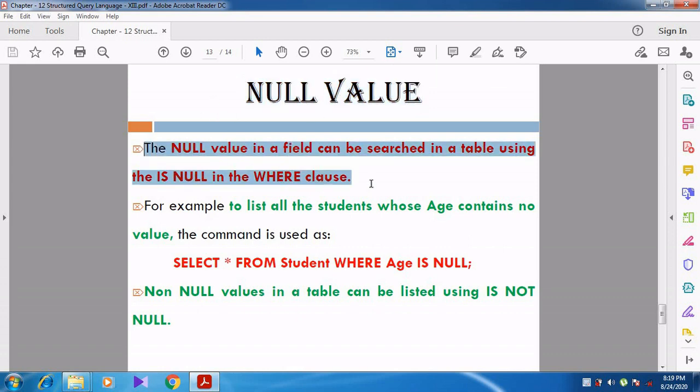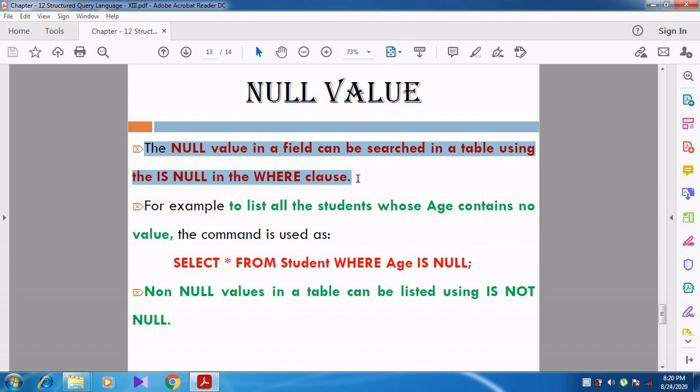The null value in a field can be searched in a table using is null in the where clause. If you want to find out whether a table contains any null value in any record, how can we find out?